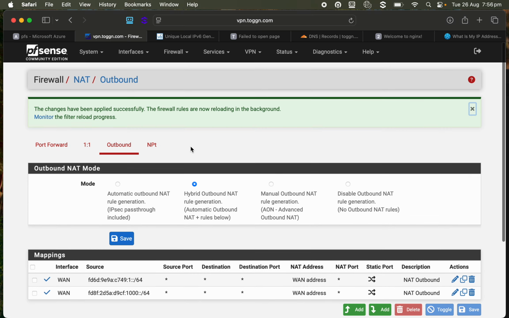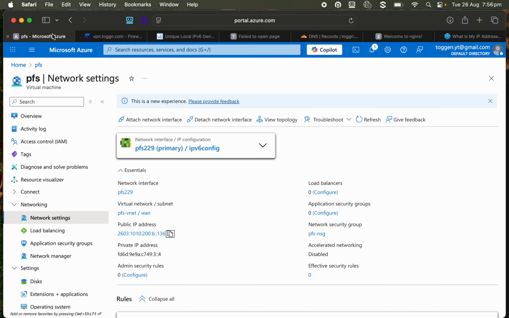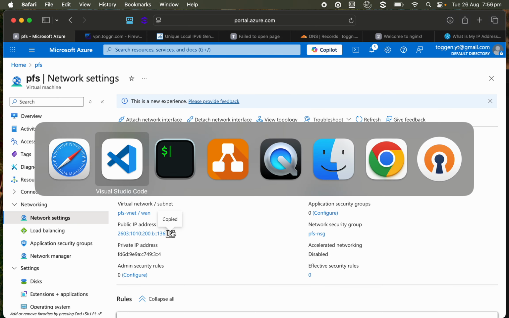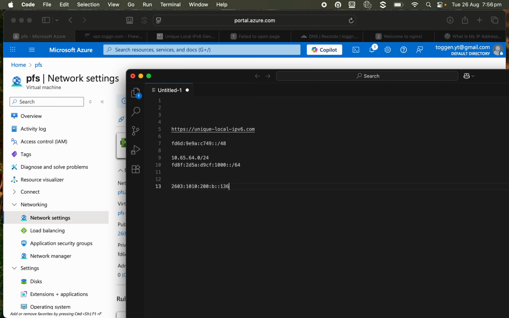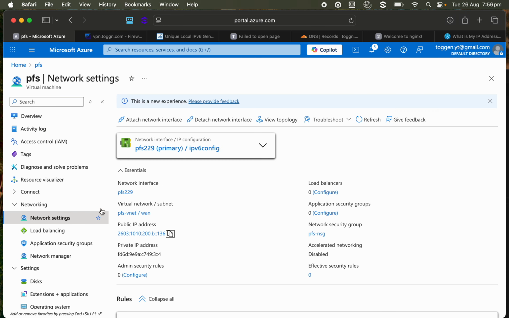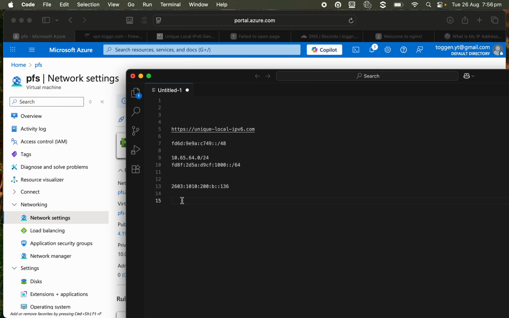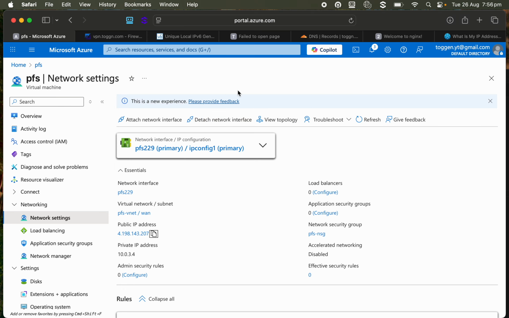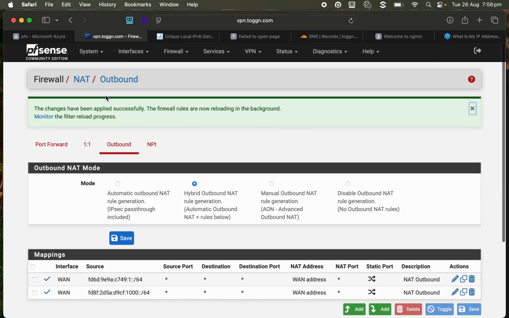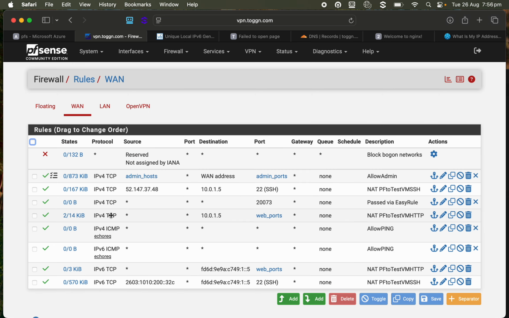Okay, so we can understand what we're looking at, we've got this as a public IP, and we've got this as a public IP. So what we're going to do now is just have a look at our firewall rules for the WAN, and there should be an address. No, there isn't. So we need to add a rule as well to allow